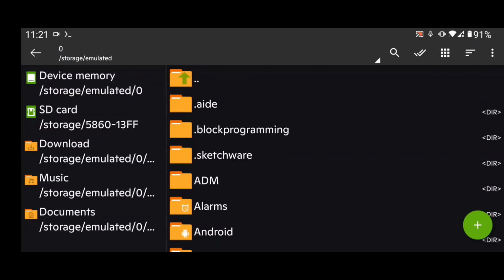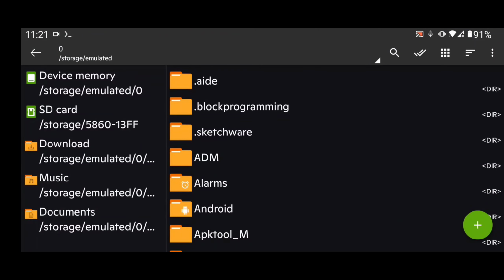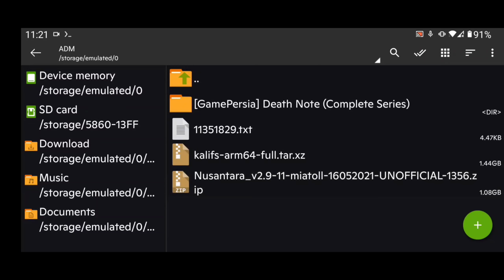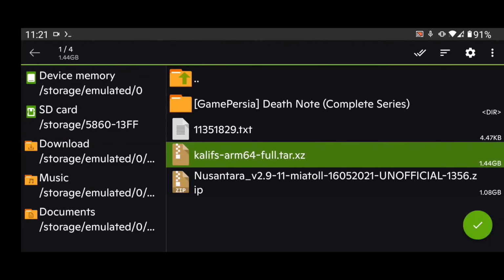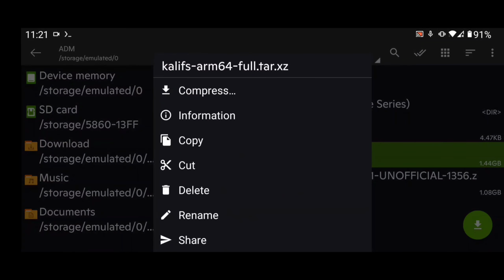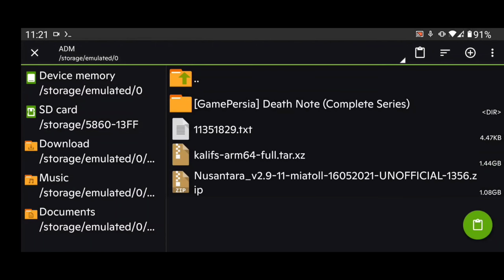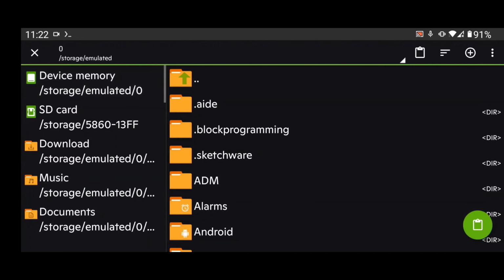Now open your Z-Archiver application and I'll show you the ADM folder. You can see I already downloaded this file. So you need to move or copy that file into internal storage. For that just long press here, click on copy, then click on device memory and paste here, guys.